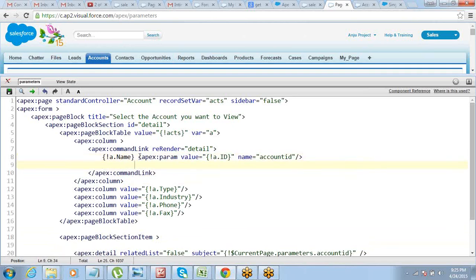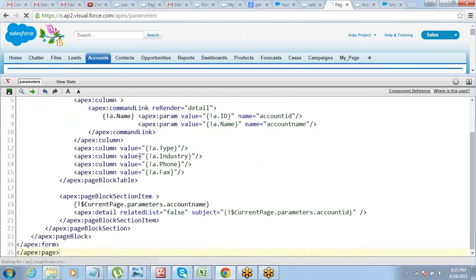I define one more for name. I can call it account name. Okay, and I can call it here. The same formula expression: current page dot parameters dot account name. So this expression will call the name of the account.